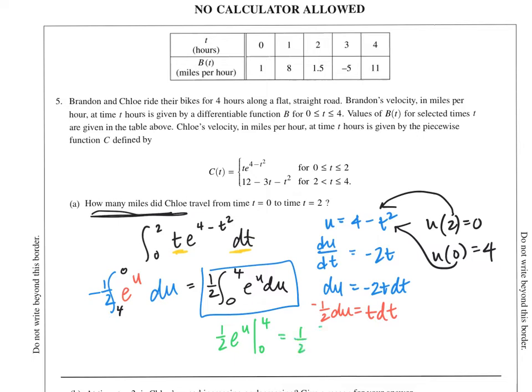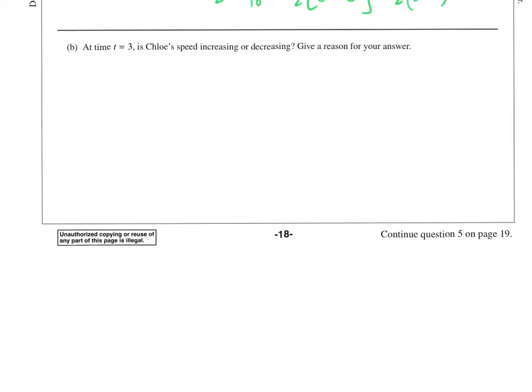Again, I'm just going to leave my 1/2 out front. I'd have e to the 4th minus e to the 0. We could end there, but that is the same as 1/2 times e to the 4th minus 1, and we are done. In order to know if Chloe's speed is increasing or decreasing, we need to go ahead and take